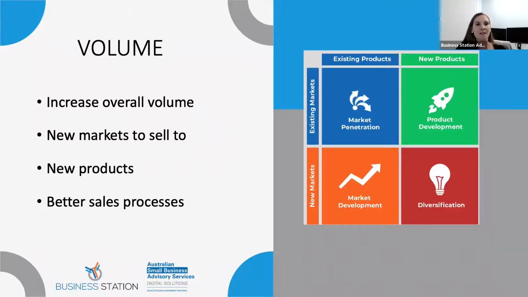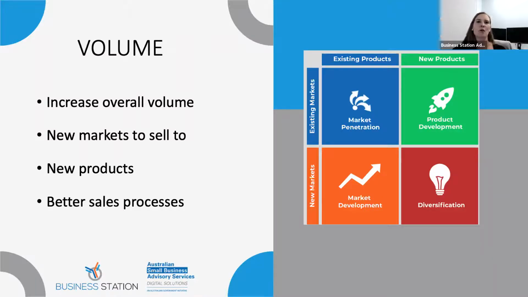Now, the last strategy in the red there is diversification. Sorry, that's new markets and new products. So can you spread into new areas? Can you sell something different to your existing core product? So complete diversification. Now that might occur for many different reasons. Again, it could be through trend tracking, researching your competitors, going, all right, I've seen something here that I know I can make work, but I don't have this product at the moment, so I'm going to create it, and it's not going to suit my current target market, my current audience, so I'm going to find that market elsewhere.